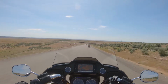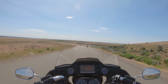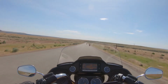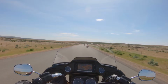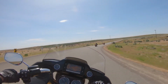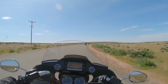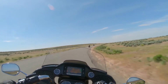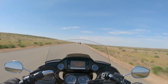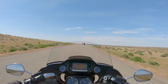I really like Shawn's bike though. He's got that 2011 Road Glide Ultra CVO, with the 2-in-1 exhaust and the 110 engine. I think it sounds good, looks good. The bat wing is the Street Glide or the Ultra Limited you're riding, and then the Road Glide has a shark nose that's fixed to the fairing. Like Shawn says, it takes a little getting used to as far as appearance goes, but as far as comfort for long days and resistance to being influenced by the wind, if you get hit with a crosswind, or even a truck in the opposite lane coming at you, you tend to feel it a little more with a bat wing. It's not bad, but